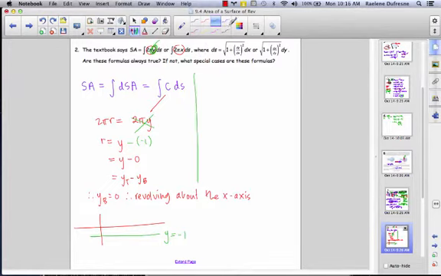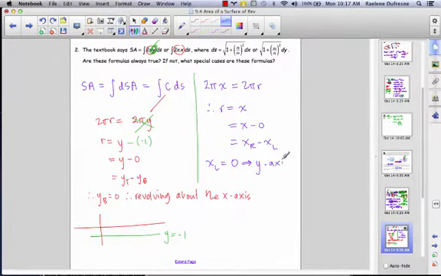Similarly, in the second case, if we have 2 pi x in place of 2 pi r, what we're saying is that the radius is equal to x, which would be x minus 0, and so for x right minus x left, we are saying that x left is equal to 0, which could be the y-axis. So again, these are two special case scenarios for revolving purely around the x-axis or the y-axis, and you'd be